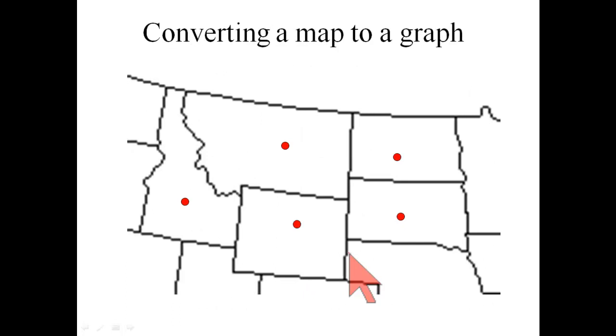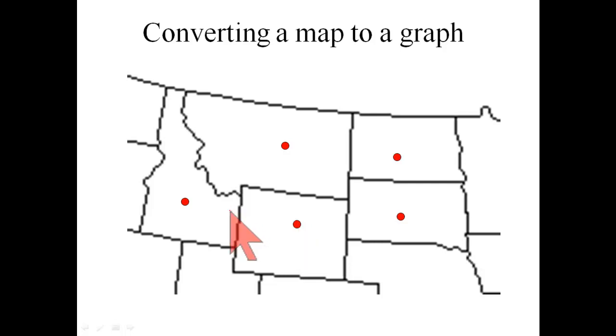What does this have to do with graph theory? Well, first of all, let's convert the map to a graph as follows. Here's a blow-up of part of the United States, Montana, and the states surrounding it. And let's simply put a dot or a vertex in each of the states. You can imagine it being the capital city, for example. And then we're going to connect vertices with edges if and only if those two states for those vertices share